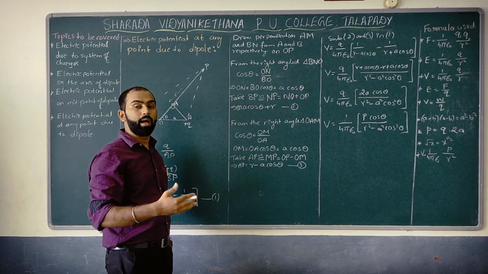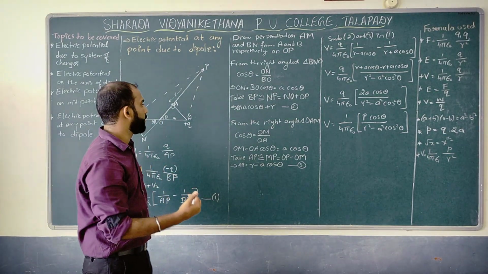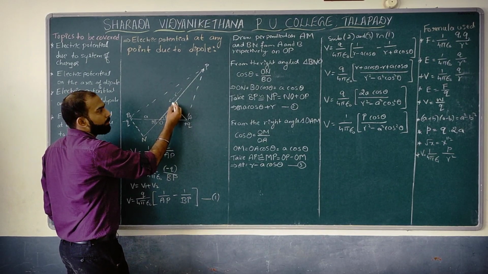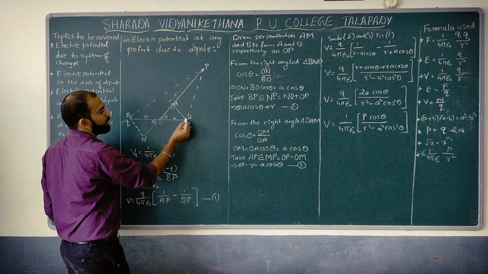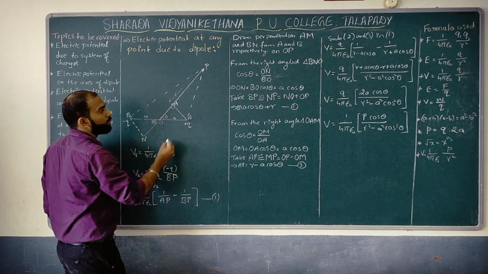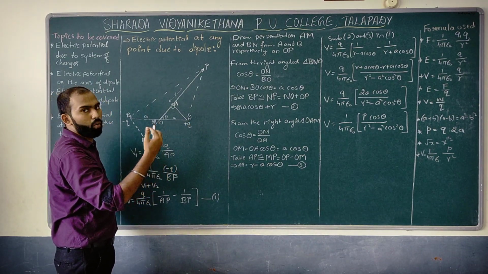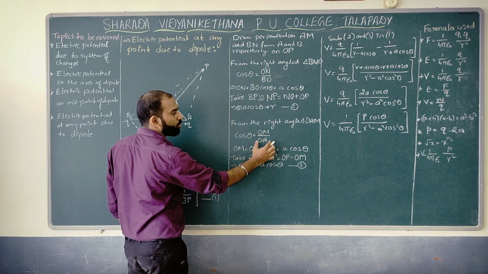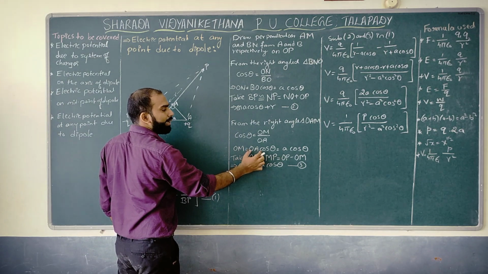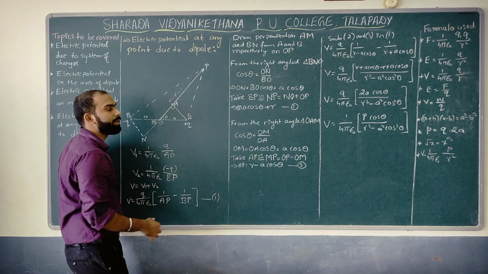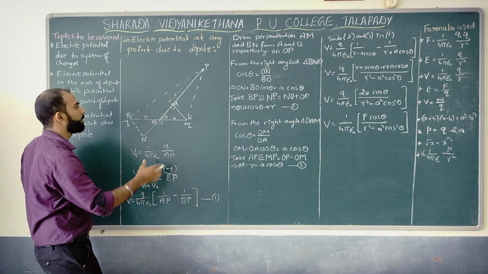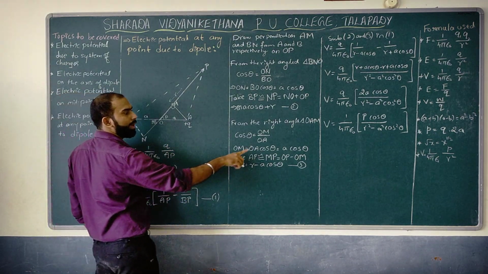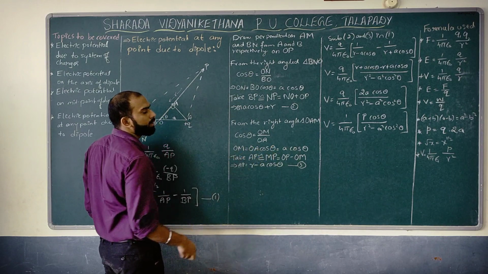Which is nothing but adjacent divided by hypotenuse. So which is adjacent? OM is adjacent. Are you getting? Divided by OA, which is the hypotenuse. So can I write OM by OA equal to cos theta, or with respect to OM, you bring this OM over here and OA into cos theta. And OA can be replaced by what? OA is nothing but half of the dipole, which is A over here. Replace OA as A, so OM is A into cos theta.